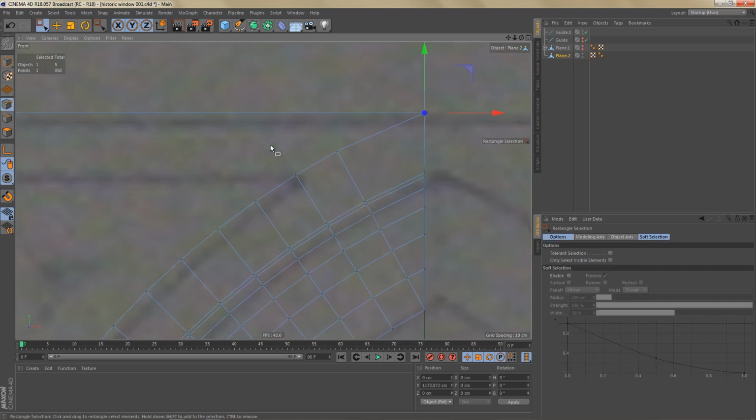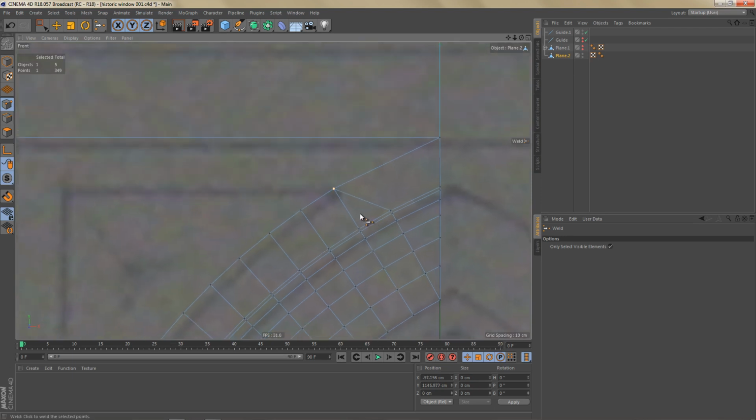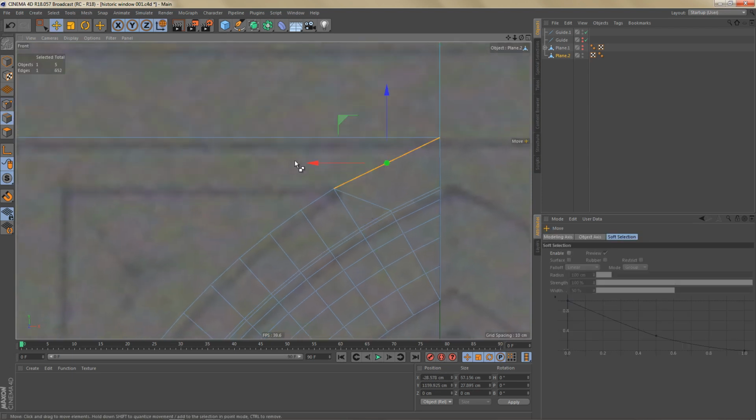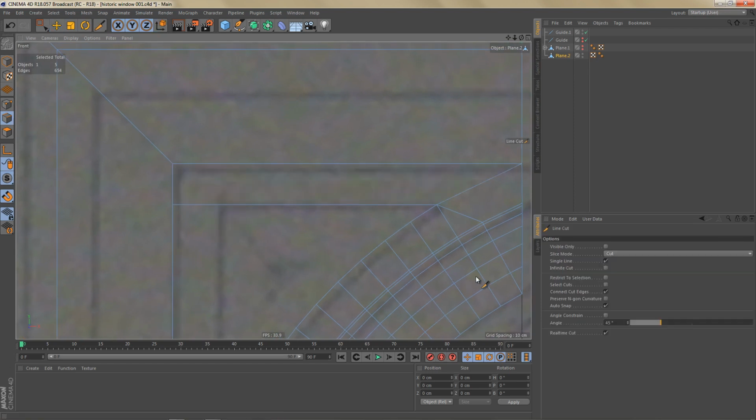And over here I'm going to weld these 2 points to here. So now we can select this edge and extrude it over, scale it down to 0, switch on snapping. I'm going to snap it over to here, deselect everything, optimize the object. Let's use the line cut tool with an angle constraint of 45 degrees. Let's make a cut here,